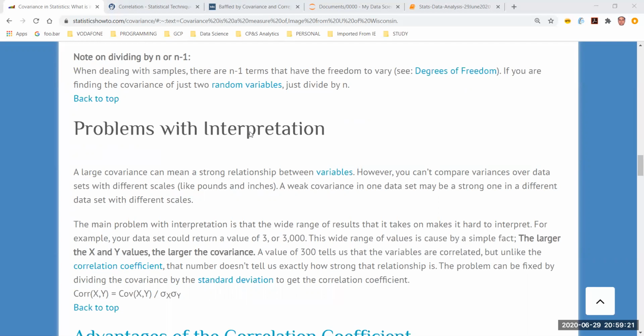For example, if your data set returns a value of 3 or 3000, you have a very wide range, right? If you have a very large range of the values of x and y, then you have a very large covariance. Let's say a value of 300. So in this case also you can see it is written there in the text. A value of 300 tells us that the variables are correlated, but unlike the correlation coefficient,